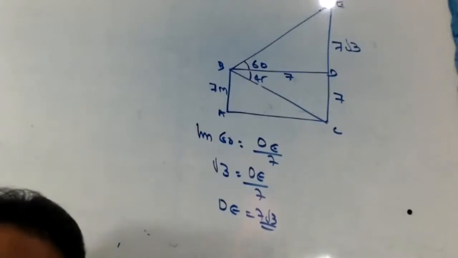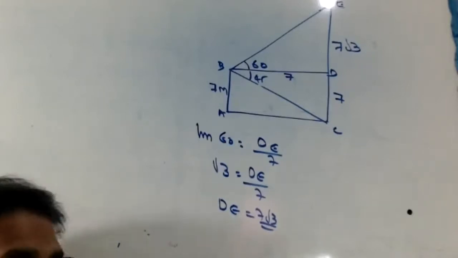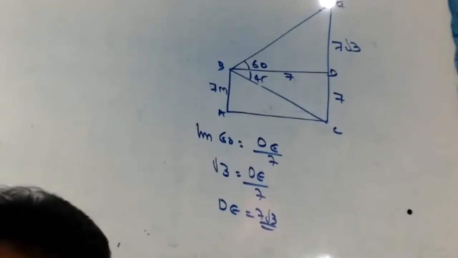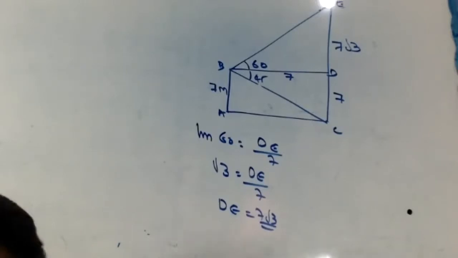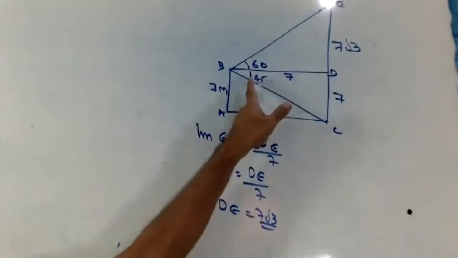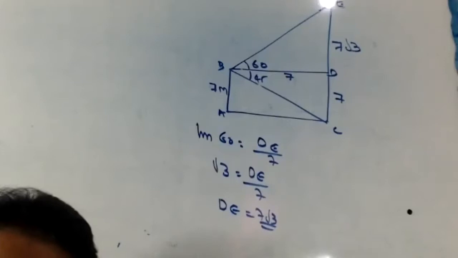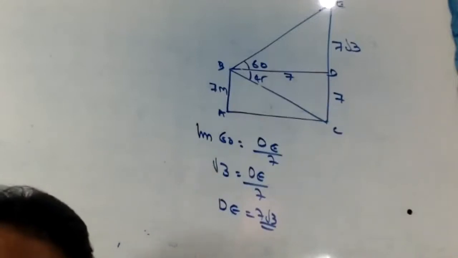Okay, that's okay. No need to find it out, because the question did not give the value of root 3, so we cannot find it out. How is BD? Tan 45 equals 7 by BD. Tan 45 is what? 1. So this one and this one will be equal. Directly you can write.